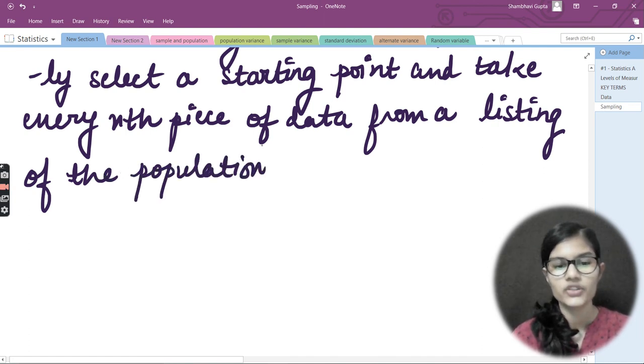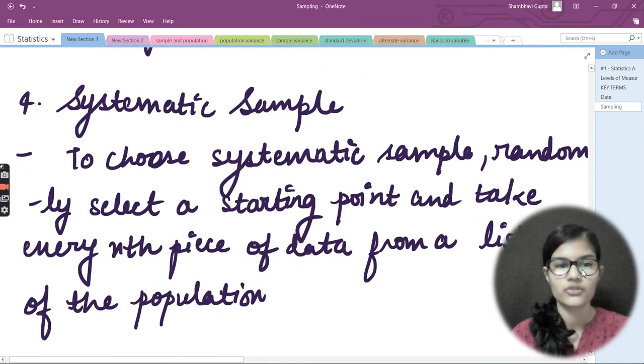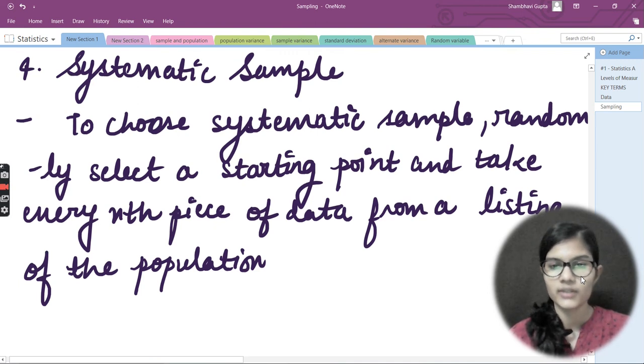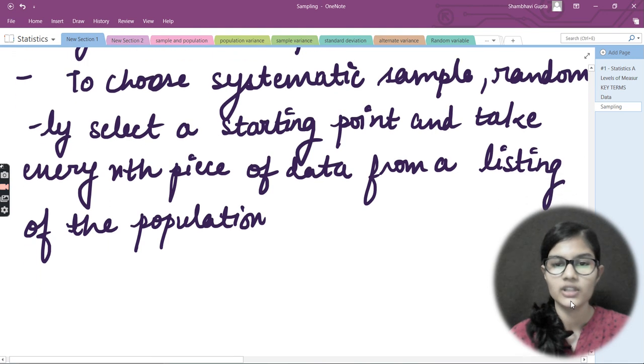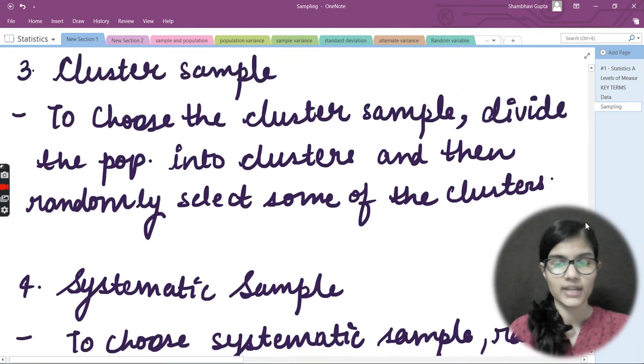This is how we do the systematic sample. To choose a systematic sample, randomly select a starting point and then take every nth piece of data from our listing of the population.